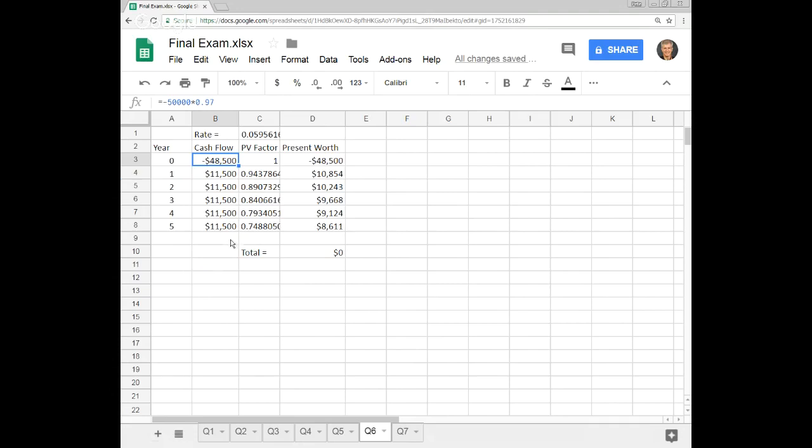So a couple of ways to go about this. It depends on when you assume you're going to start paying that $11,500. If you're going to pay it sometime during the first year, then you can simply compare the initial cash flow to those future outflows, 5 payments of $11,500, and then find the interest rate that gives that a net present value of 0, or